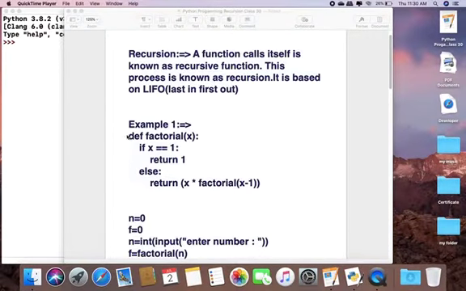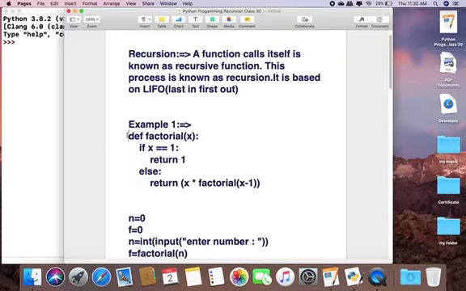Here we write a program to input a number and find its factorial value recursively. In the previous video we learned finding the factorial value by function and by loop. Today we learn to find the factorial value using recursion.